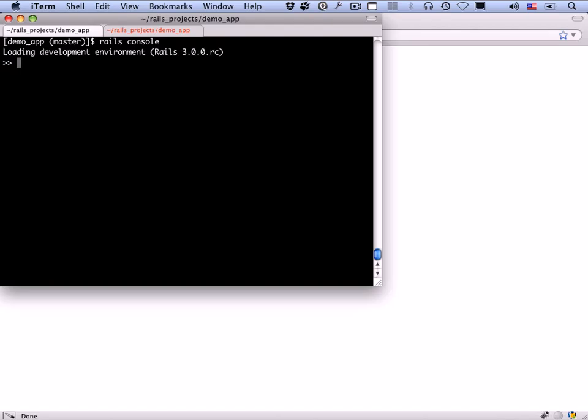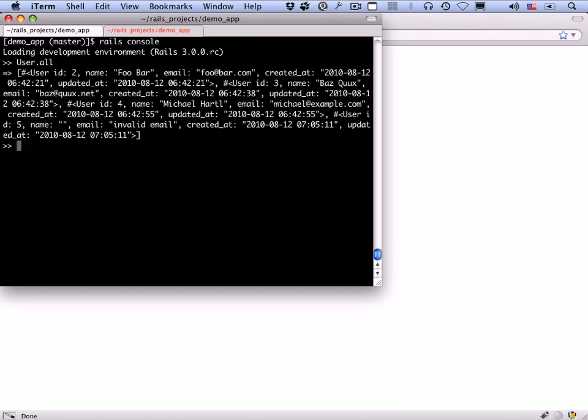The Rails console is effectively a command line for interacting with a Rails application. And you can see that it loaded in the development environment, and it just tells us the version of Rails. Again, I'm using the release candidate, but your version might differ, and that's fine. We'll start by typing the command that we saw once before. Remember, in the context of the /users URL, which hit the index action, it called the user.all method. So let's take a look at what that does. So user.all, let's remember